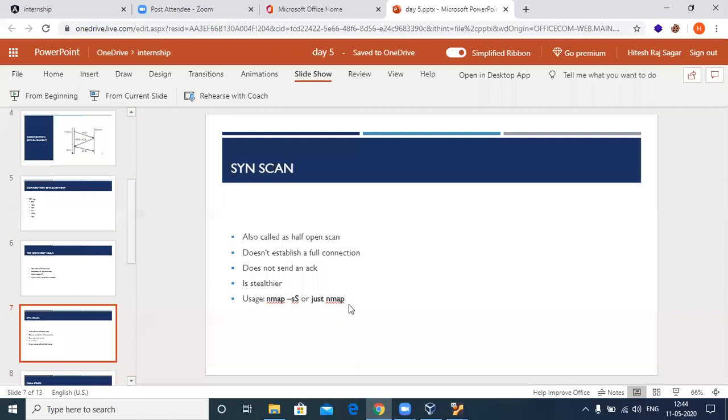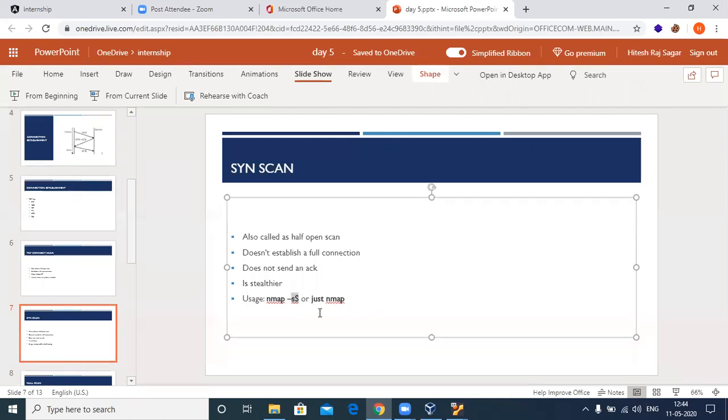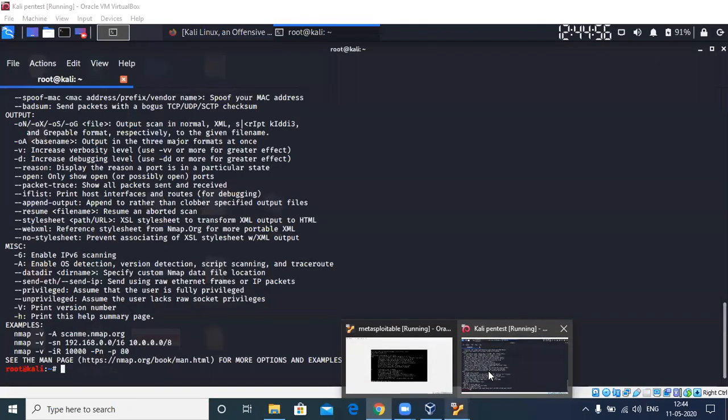And by default, if you don't mention an option about a TCP scan, or if you don't mention any option about XMAS, ACK or FIN scan or null scan, whatever, the default scan done by Nmap will be a SYN scan. Or if you want to specify it, you can also specify it with the tag -sS. The first s is lowercase and the second S is a capital S. Okay, let's go ahead and perform this.